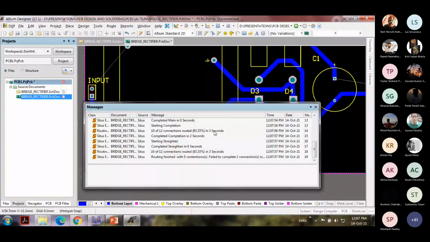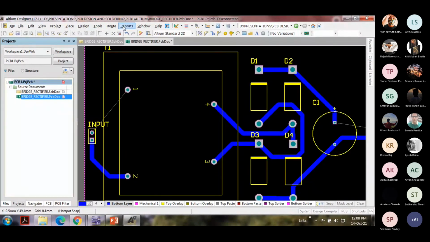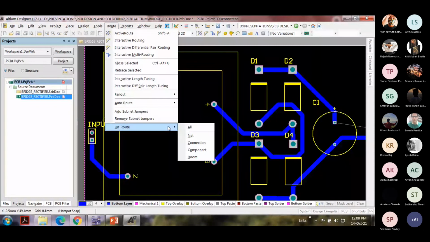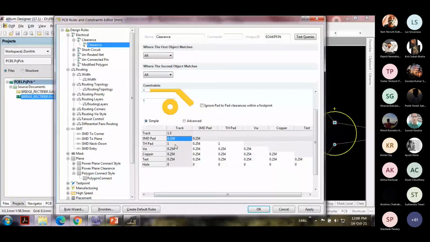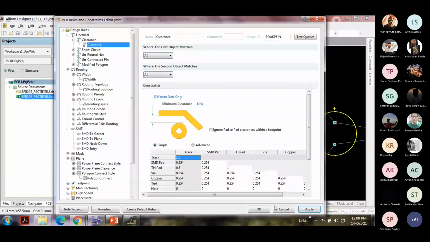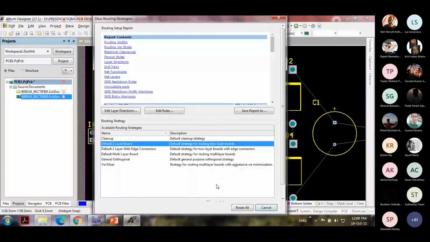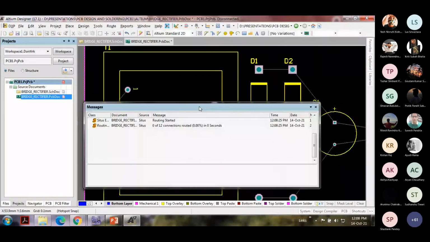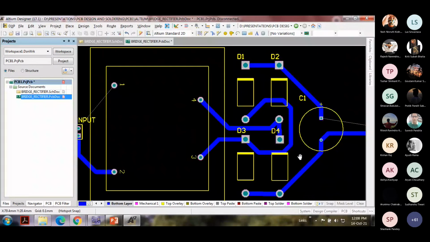Still there is some problem because of the same thing over here. We'll relax it a little bit more. Let's see what happens. I think there is still the problem of this routing here.